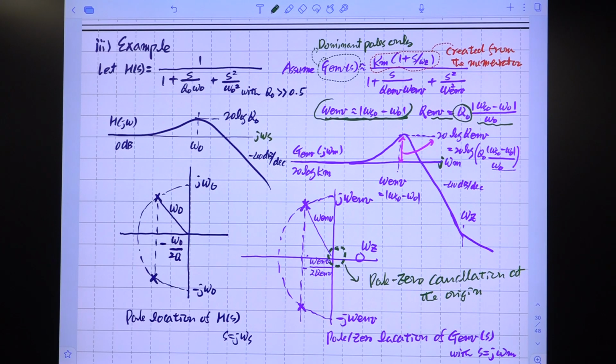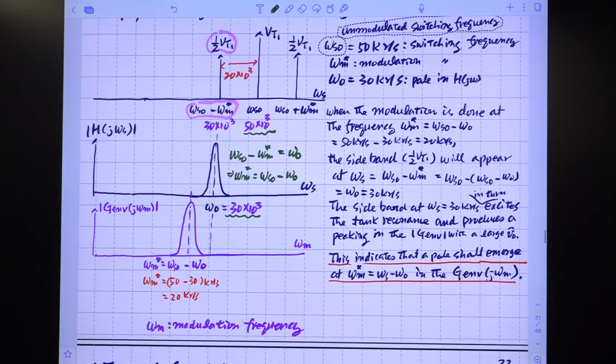This one. This is a star, and we have this star relationship here, the same thing. Right? So this is some physical explanation about the presence of a double pole at this frequency. The difference between switching frequency and resonant frequency. Okay, there should be a double pole.